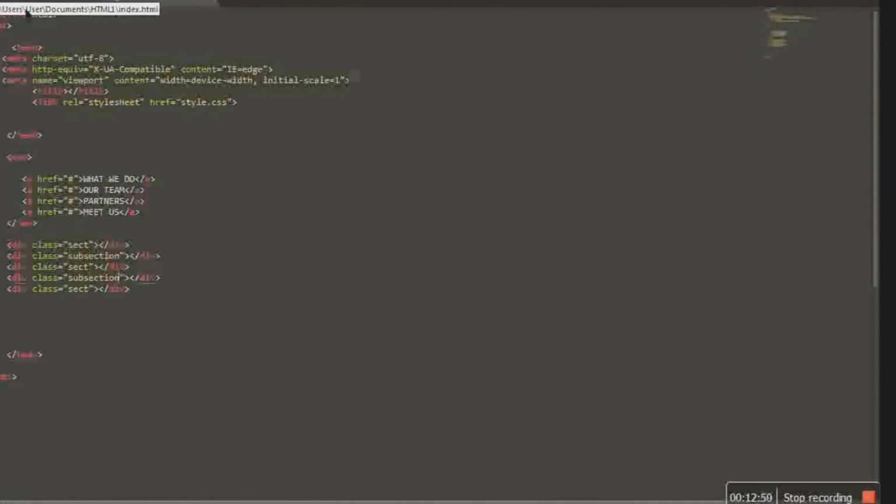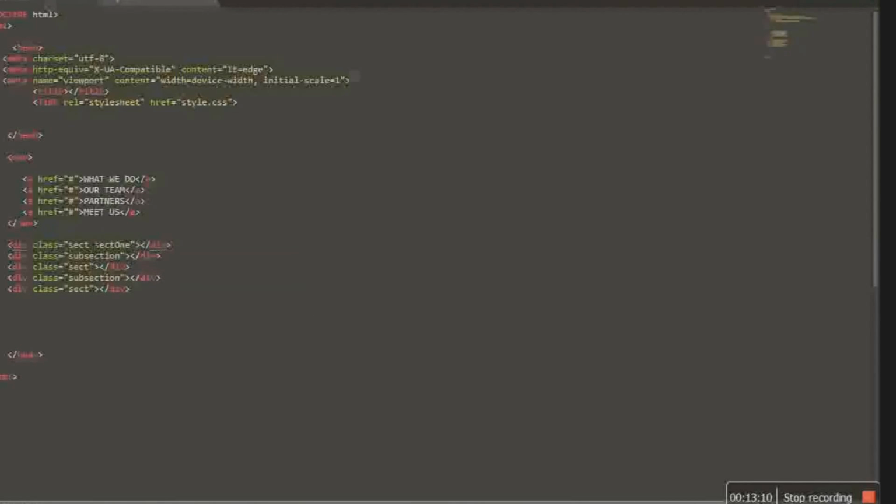And let's go back to HTML and define each section like this one. This first sect, let's put sect 1.